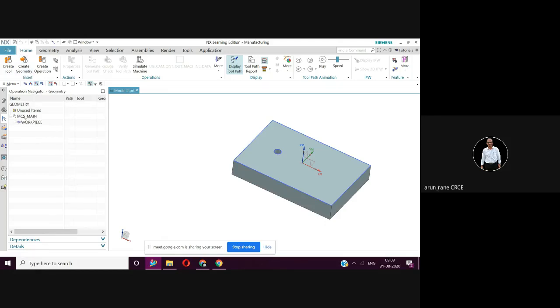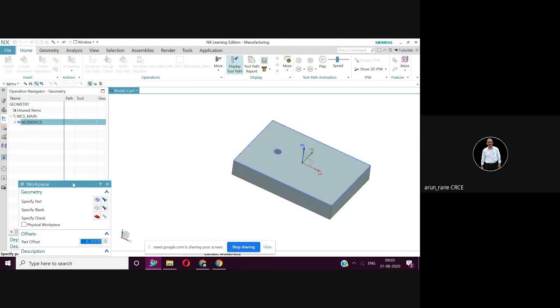This is the machine coordinate system. Machine coordinate system refers to the home position of the machine, that is the reference point of the machine. That is also called the homing of the machine. And then the workpiece coordinate system is nothing but where you define X0, Y0, Z0 on the workpiece.